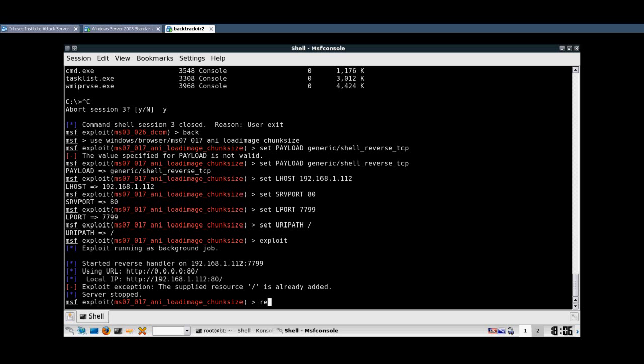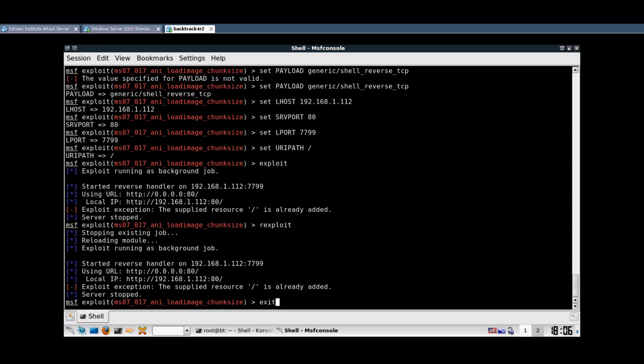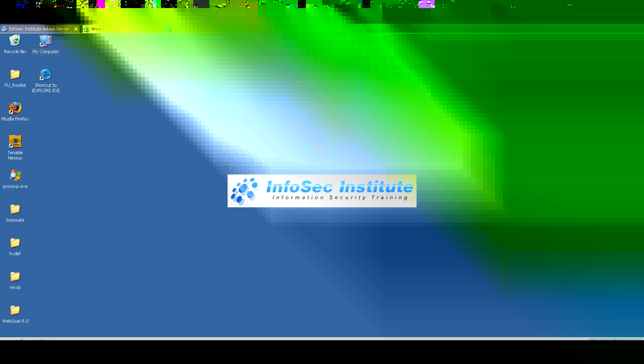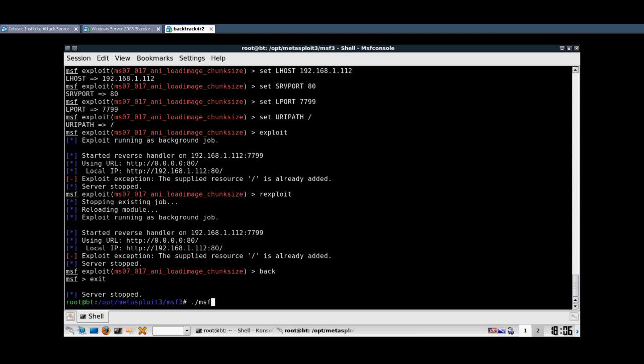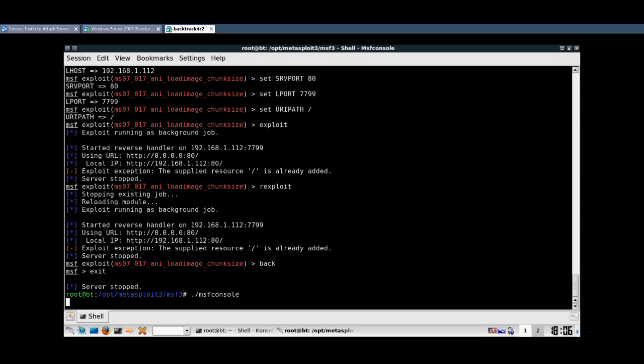Now, I've seen people try to demonstrate this, and they get this, and then they'll do rexploit like so to reload it, and they still get the same error. It's because that resource and that port's still in use. Now, all we have to do, actually, I didn't mean to get out. I was going to show you how to stop it from the MSF prompt, but also getting out of Metasploit and getting back in stops it as well. So while we're waiting for that, let's go ahead and check